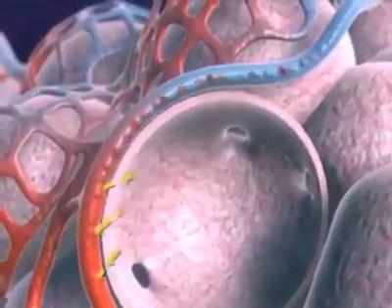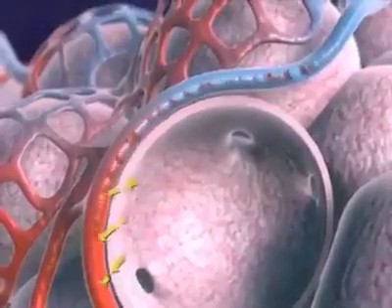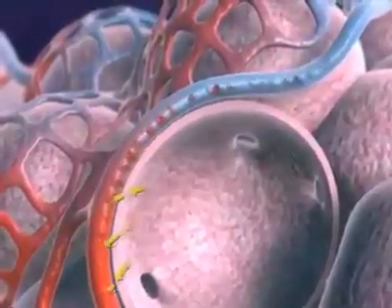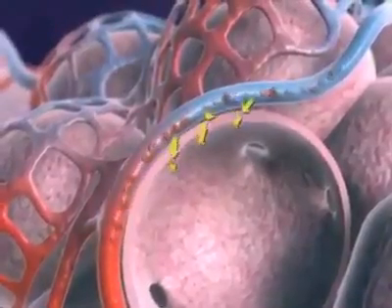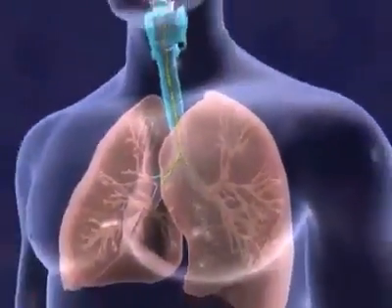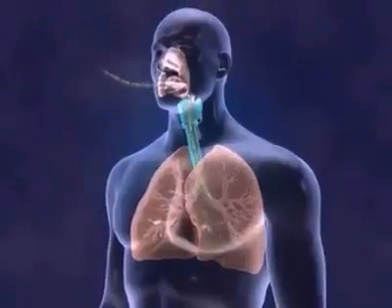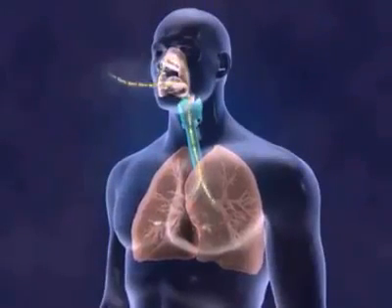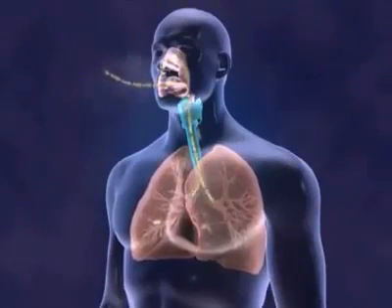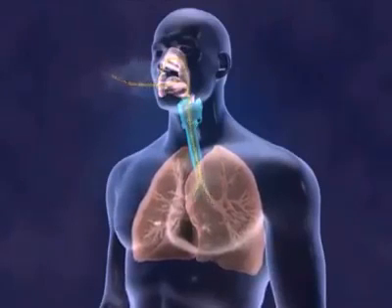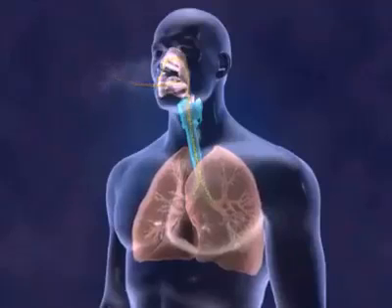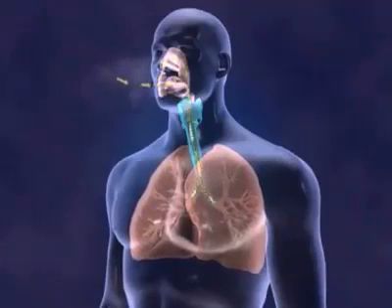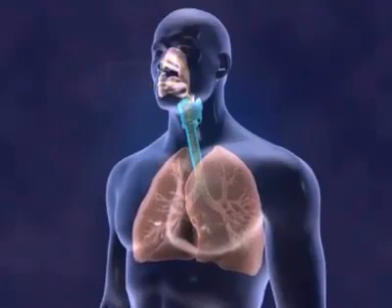Oxygen moves from the air that is in the alveoli into the blood flowing through the pulmonary capillaries. Carbon dioxide passes from the blood into the alveoli. Completing the respiration process, the carbon dioxide is expelled through expiration. If respiration is impeded, gas exchange cannot occur. The body's supply of oxygen becomes insufficient for its needs, and carbon dioxide cannot be expelled from the blood.